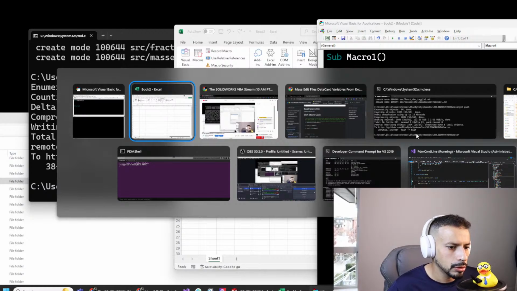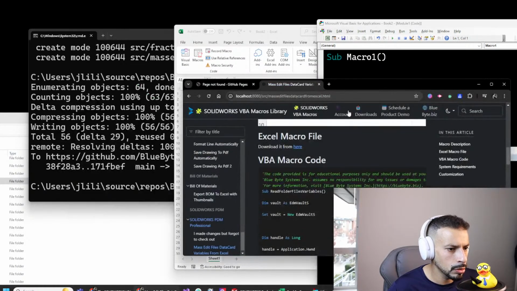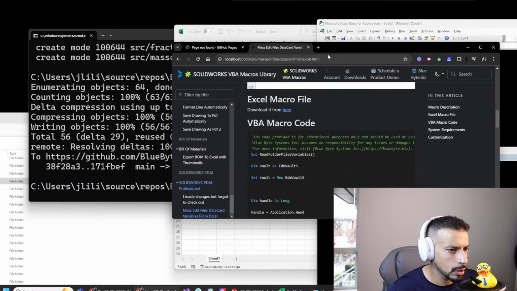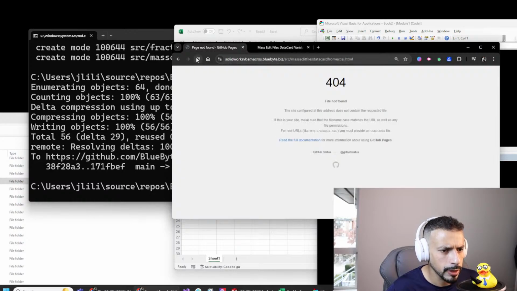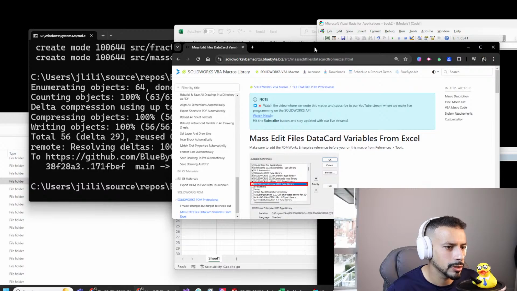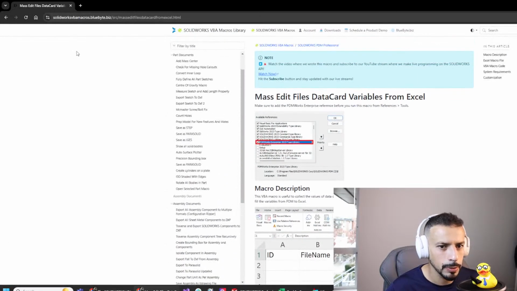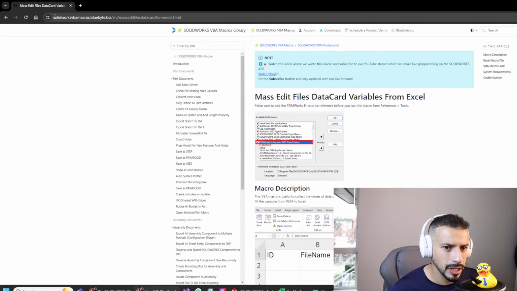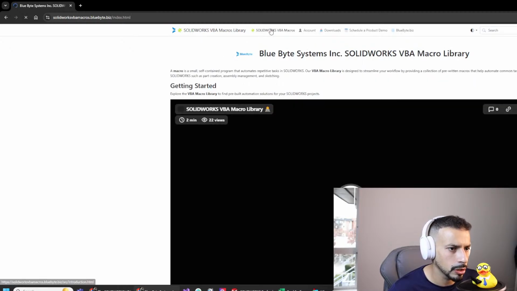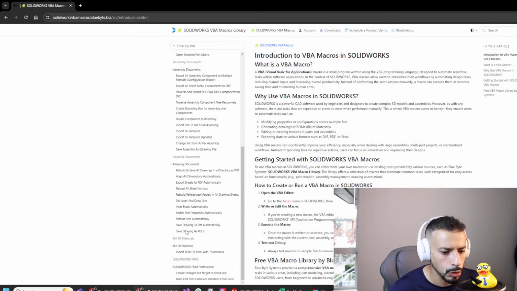Now I can go back to my code that is on the SOLIDWORKS VBA macro library from BlueByte that is local right now. If I refresh this, there you go. All right, so I don't need this anymore. Everybody can access this code right now. The URL is solidworks-vba-macros.bluebyte.biz/source/mass-edit-files-data-card-from-excel, or simply you could just go to solidworks-vba-macros.bluebyte.biz, and from there you just click on SOLIDWORKS VBA Macros up top, scroll all the way down, you'll see